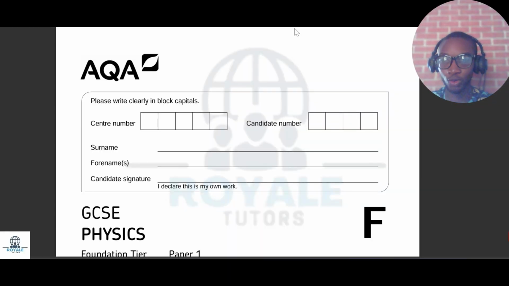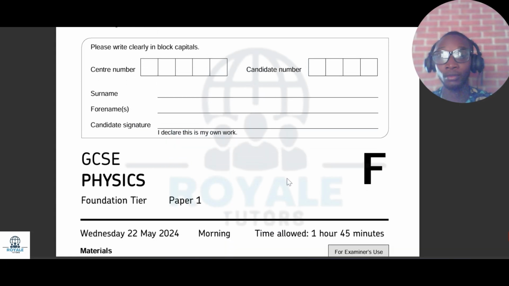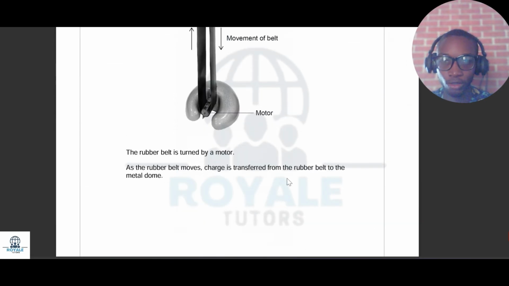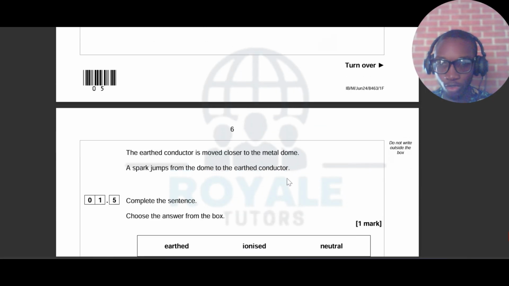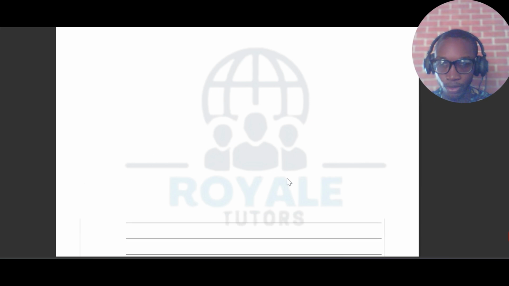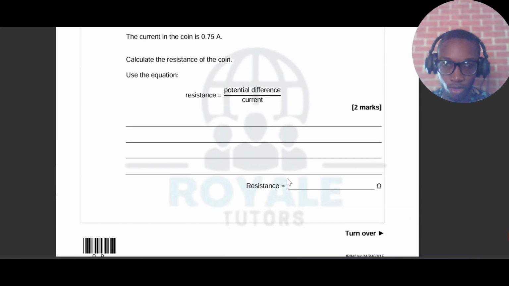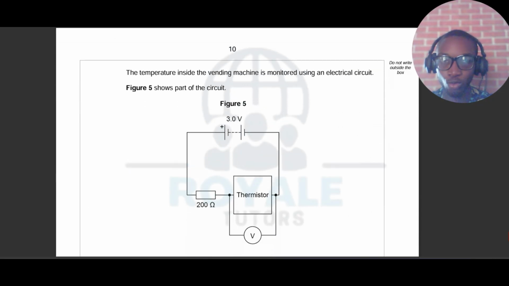Hi there. So we will be continuing on our problem solving. We are solving AQA GCSE Physics Foundation tier, the paper one. So in the last video, we looked at instructions and we solved some of the questions. And we will just be continuing from where we stopped. So we stopped here where we talked about the resistance of the particular coin, and we'll move to the next